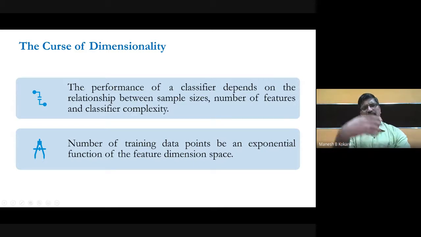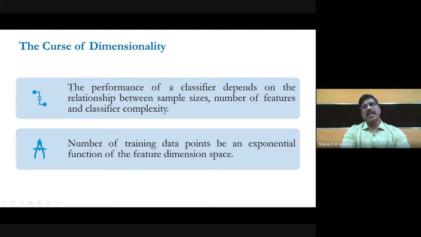So we have to basically use the optimum number of features, reduce the number of dimensions and select the best features. The performance of a classifier depends upon the relationship between the sample size, the number of features and classifier complexity, and the number of training data points must be an exponential function of the feature dimension space.